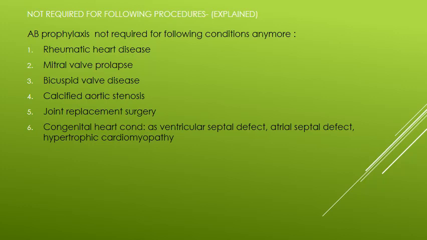Sometimes in the history it is given that the patient had a knee replacement done, but you do not have to give any antibiotic prophylaxis. And other congenital heart conditions such as ventricular septal defect, atrial septal defect, hypertrophic cardiomyopathy. In these conditions, you do not have to give antibiotic prophylaxis. So just remember those conditions as history of infective endocarditis and 5 T's PEE and cardiac